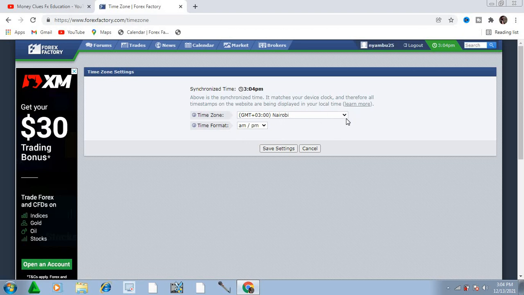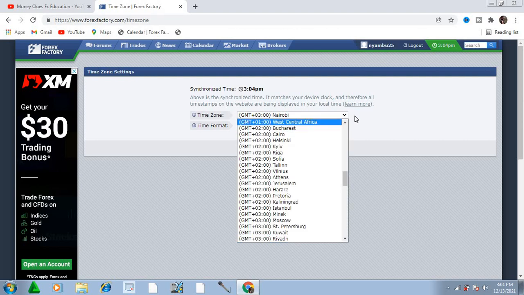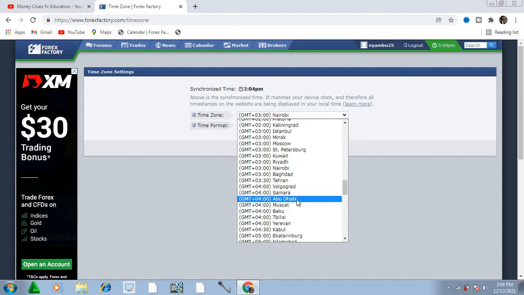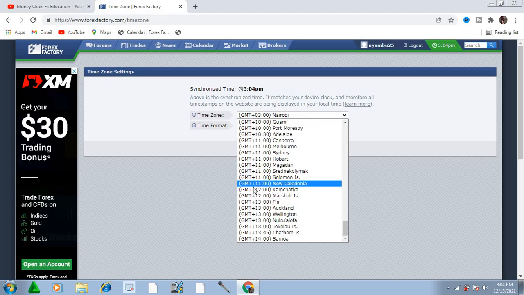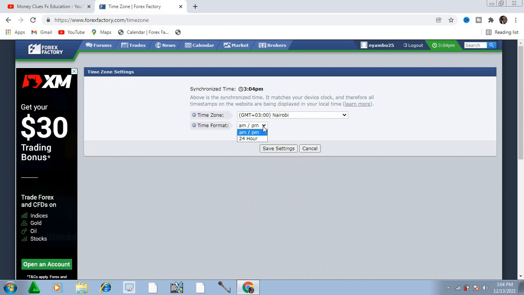You can see I've chosen Nairobi. You're going to click on the drop down arrow and if you come from West Central Africa, Cairo, Jerusalem, or Pretoria, you're going to choose the capital city. The capital city of my country is Nairobi, and right here you're going to choose AM or PM or 24-hour clock system, depending on what you understand.